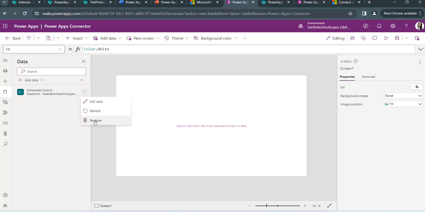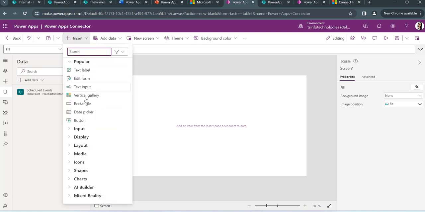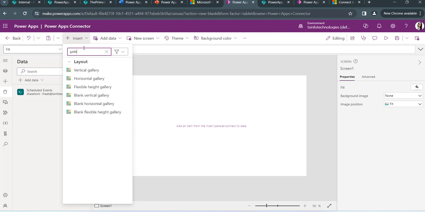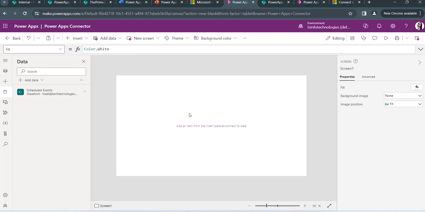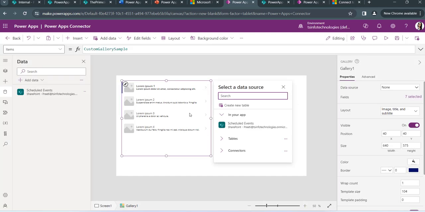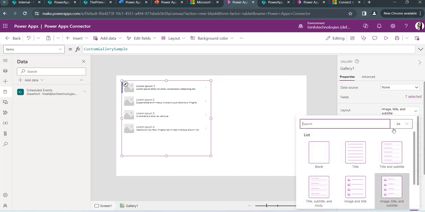So this is all about the SharePoint list data source connector, how we can connect the SharePoint list data source to the PowerApps application. And additionally, I will show you how we can display the data over here. Suppose I insert any control, like a gallery control, I will click on it. Just randomly I am putting it, so that you can visualize the data, how it can work. Okay, so once you click on this gallery, like vertical gallery, you can change over here the